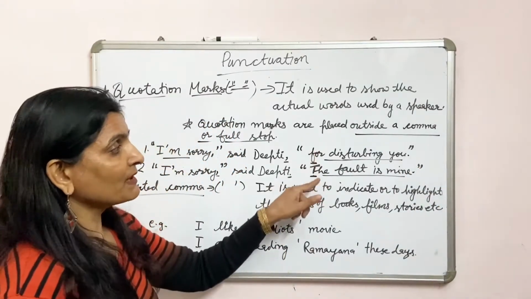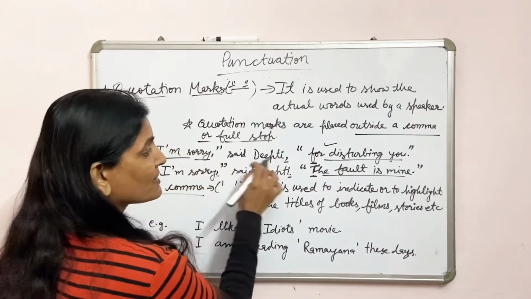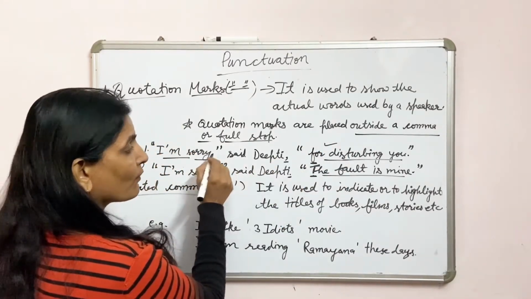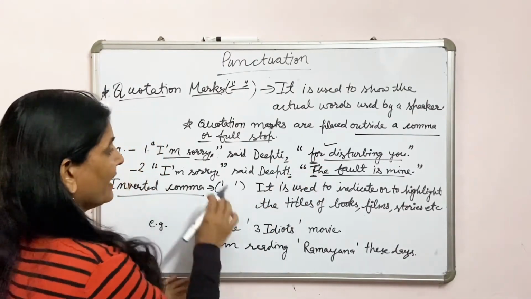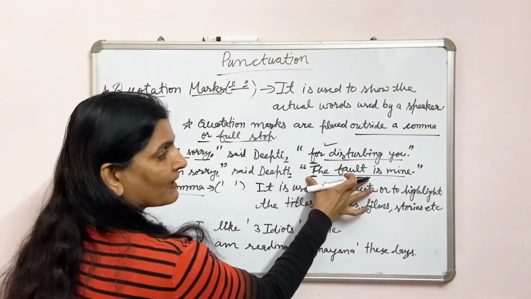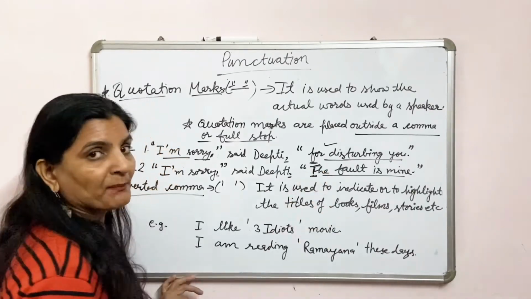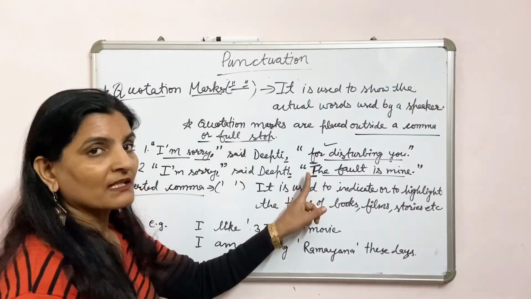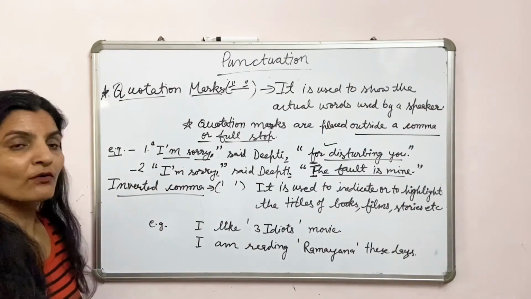See the difference between both, students. This was the same sentence. It was continued. So here a comma, and here a small letter. Here I have completed my sentence, and this is the next part of speech, so I have put a capital, meaning T is capital here. Now let us move to inverted commas.